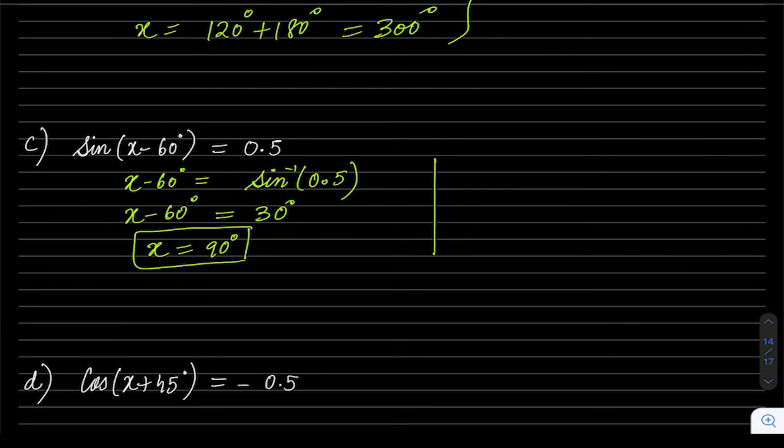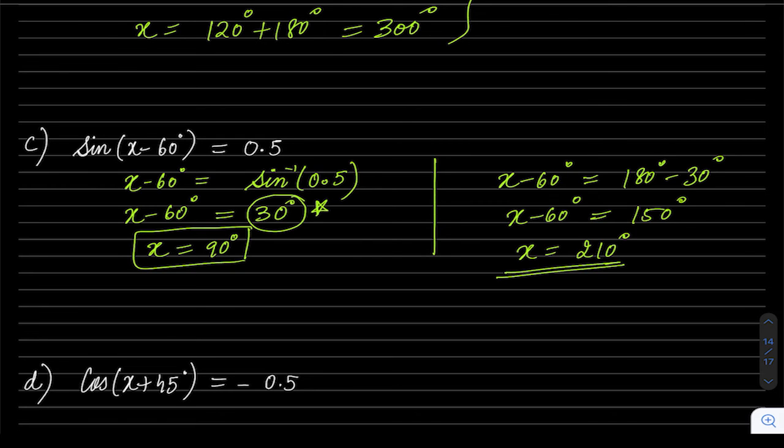So for sine, it's theta and 180 minus theta. As simple as that. So what is my theta here? Theta here, from the inverse or calculator, I got is 30. So what's my next angle? The next angle is 180 minus 30, which will give you obviously x minus 60 equals 150. That is x equals 210 degrees. So that is my second answer. As simple as that. So all you have to do is just remember this, theta and pi minus theta for sine. Otherwise, you have to make a graph, you have to see the point, draw the lines, symmetry, this, that, a lot of things you have to do. This is the fastest and easiest method.